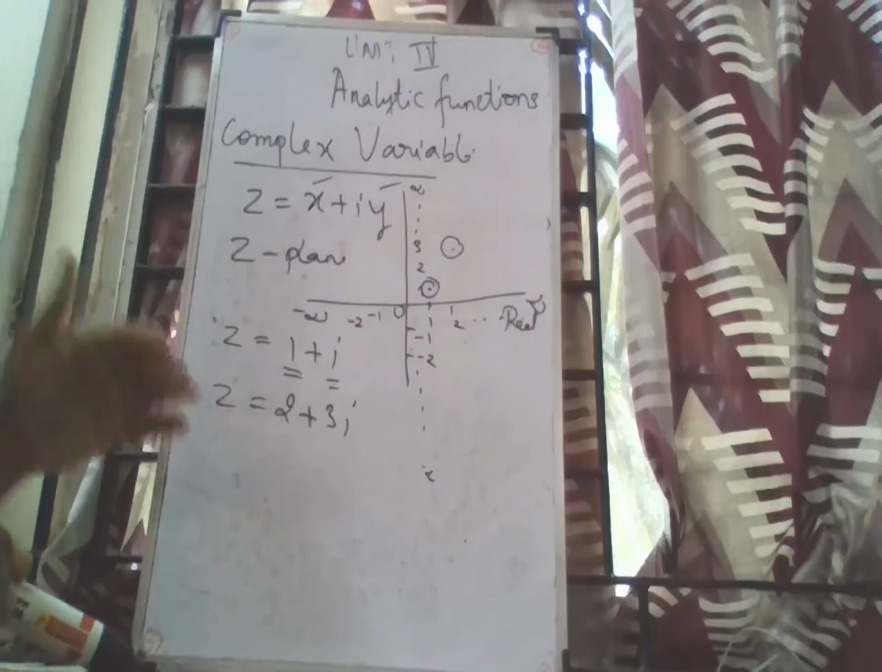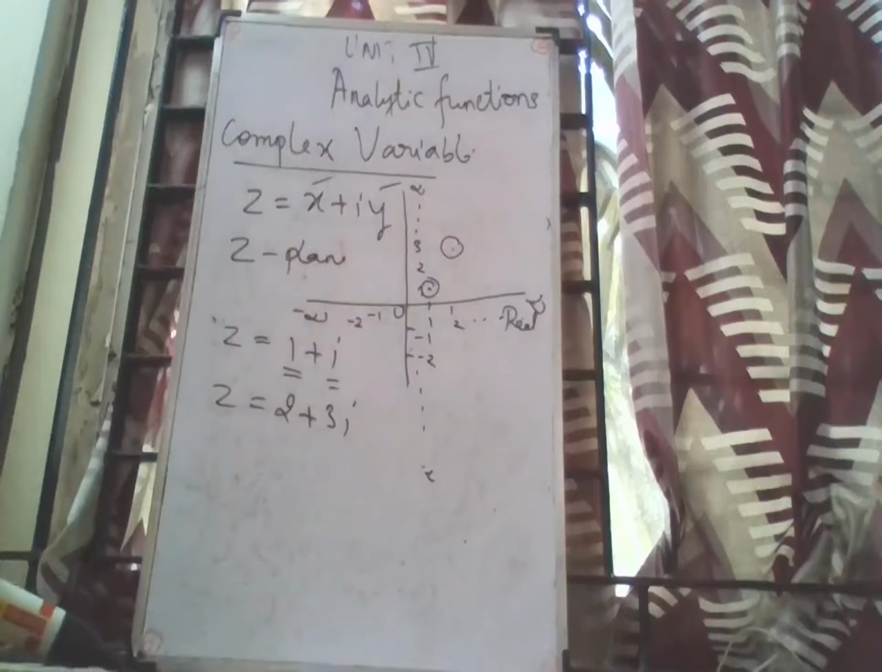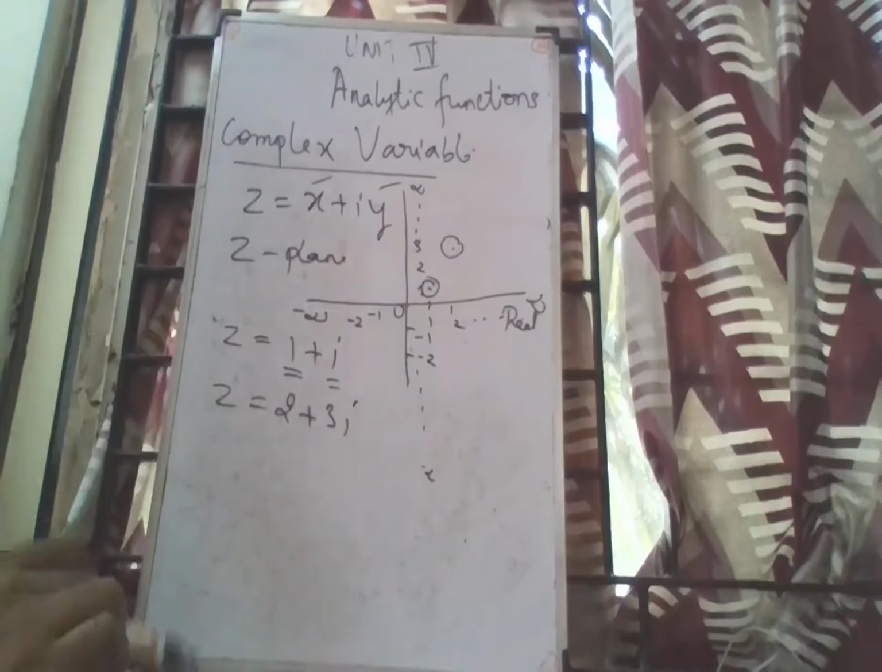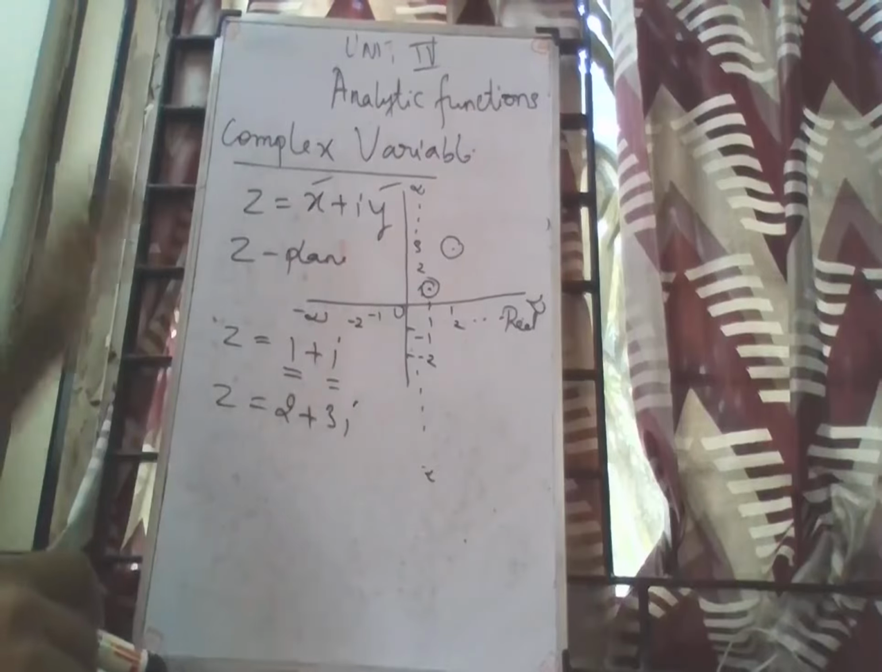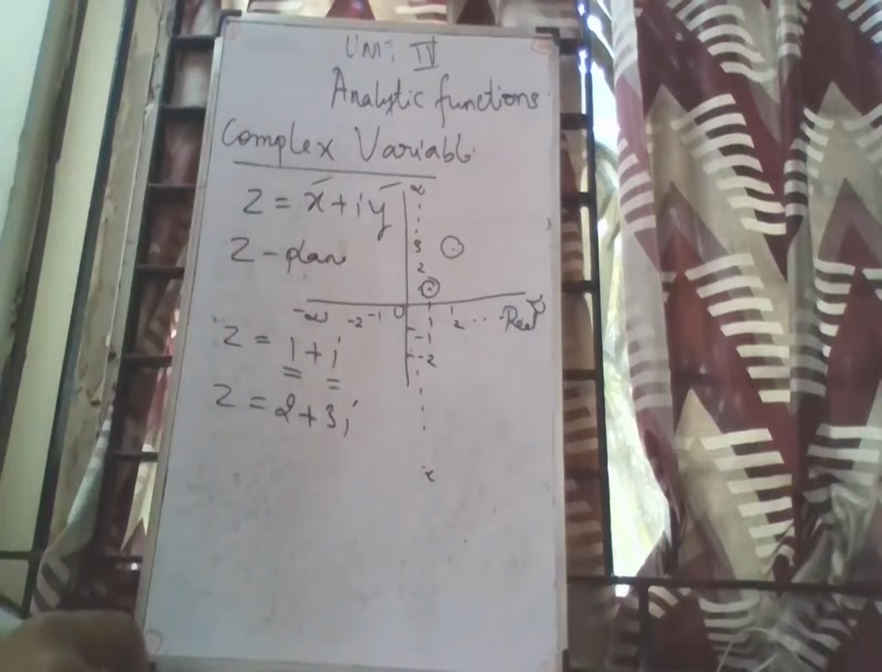The function, whatever we represent in a complex variable, we call analytic functions. Step by step we'll go here. So this is the first definition, complex variable. We are representing this in Cartesian form, but we can represent the same complex variable in